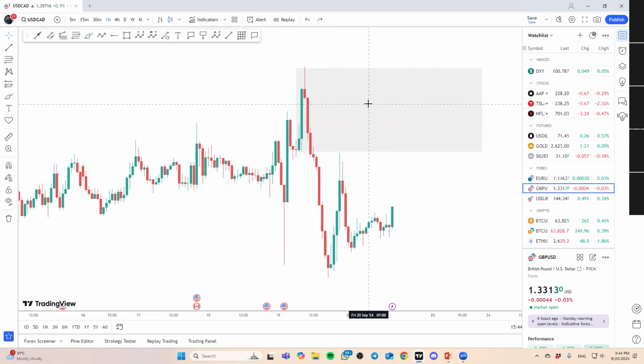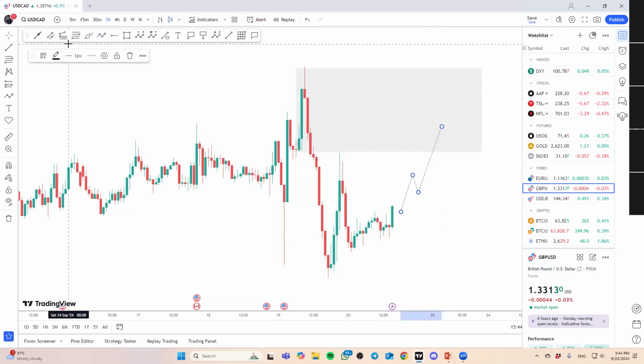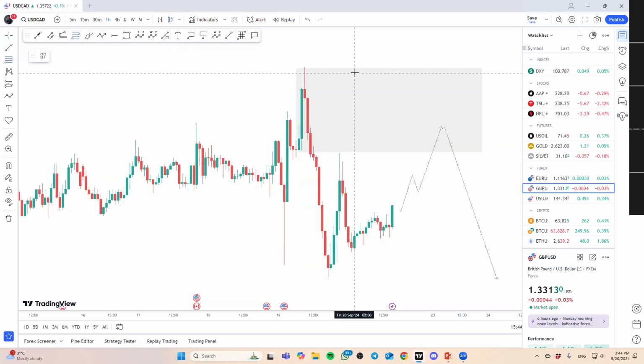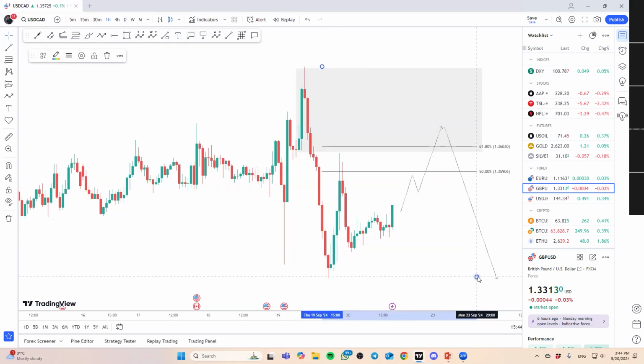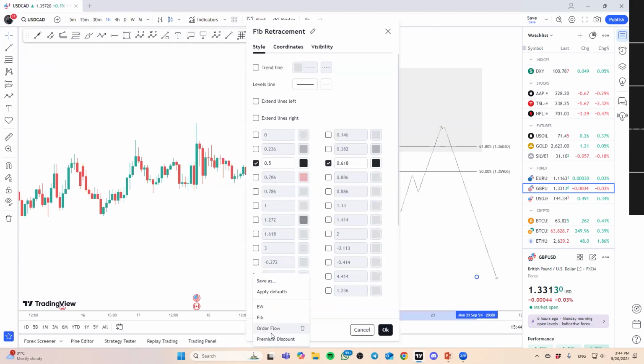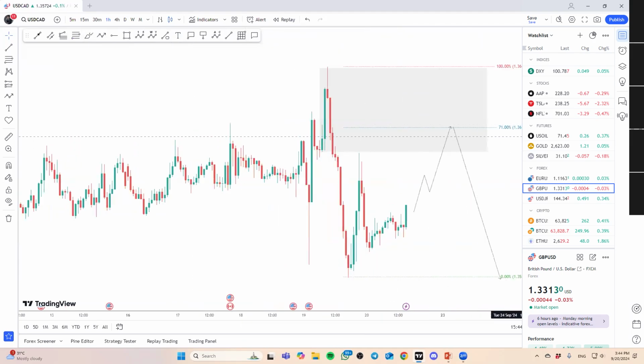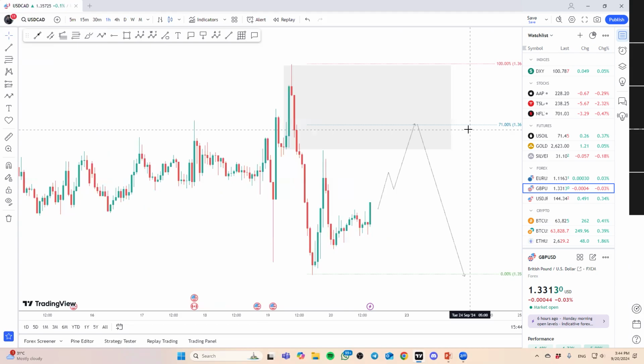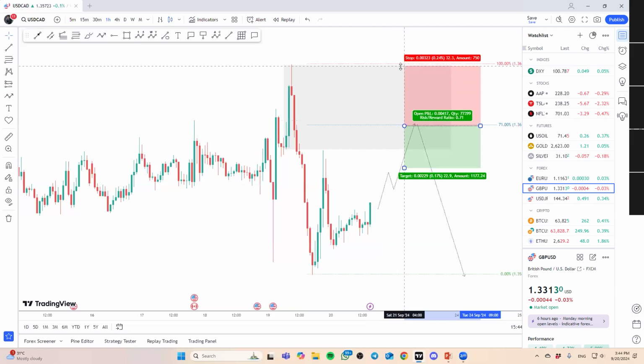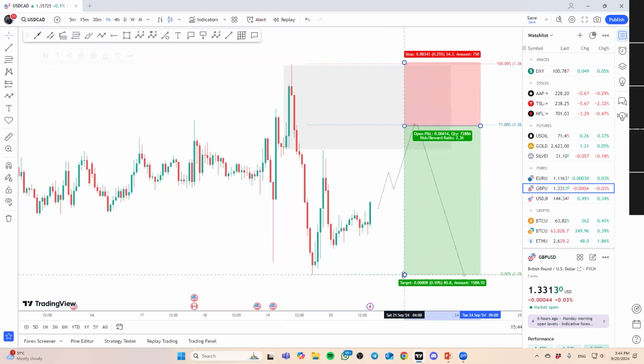Okay, so if that's going to be your order block, then what we'll be looking out for is that if the market continues to pull back into this area, that's where we're going to be looking for an opportunity to sell it down. Okay, now if you want to find out a little bit more in terms of Fibonacci confluences and things like that, you can even pull your Fib from swing high to swing low. Okay, and 71% Fibonacci would often be an ideal area to look for entry. Okay, and of course your stop will go above your swing high. Your target is where your swing low is. Very beautiful risk to reward ratio of 2.36.